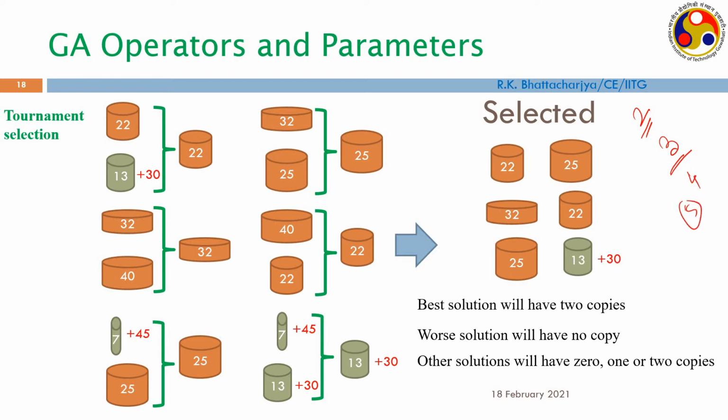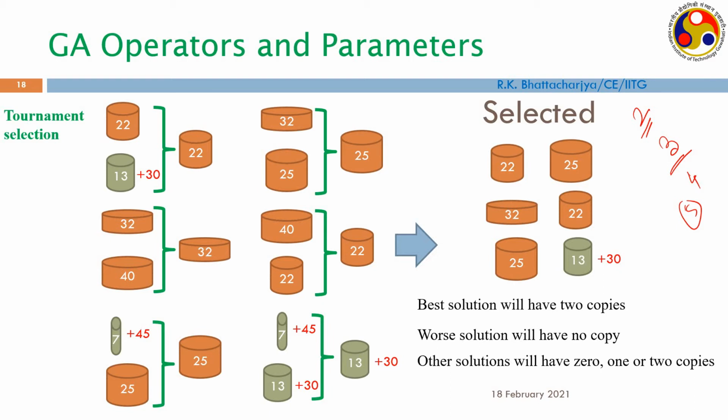Then what will happen, the number of copies of the base individual will increase. Okay, and that is not a healthy situation. We don't want that. Actually, we want diversity in the population, and therefore generally we do not use a higher order tournament size. Okay, so 2 is fine, 3 is also okay, but more than 3, then what will happen,